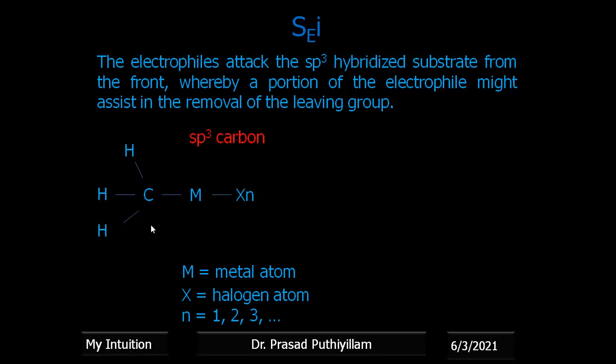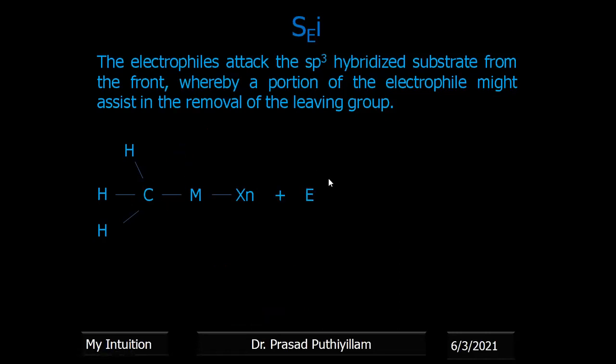So here the center carbon atom is sp3 hybridized, because 3 p and 1 s orbitals of the carbon hybridize to form 4 orbitals of the same energy, so that it forms 4 covalent bonds. So it is an sp3 hybridized carbon. I didn't write the electrophile as E plus. A portion of the electrophile is mentioned, which means it is not split into an electrophile. The portion of the electrophile, here represented as N, assists the removal of the leaving group. When it assists the leaving group, it forms an intermediate transition state.